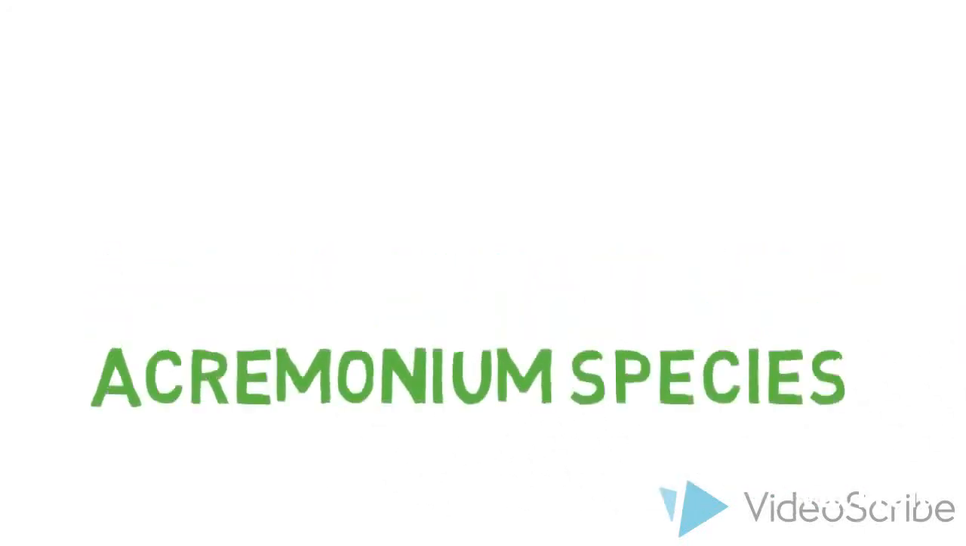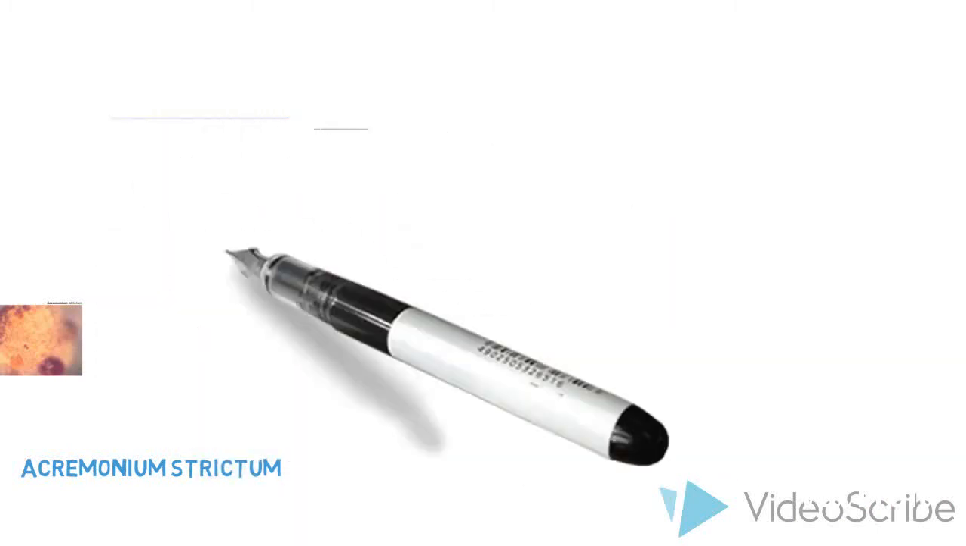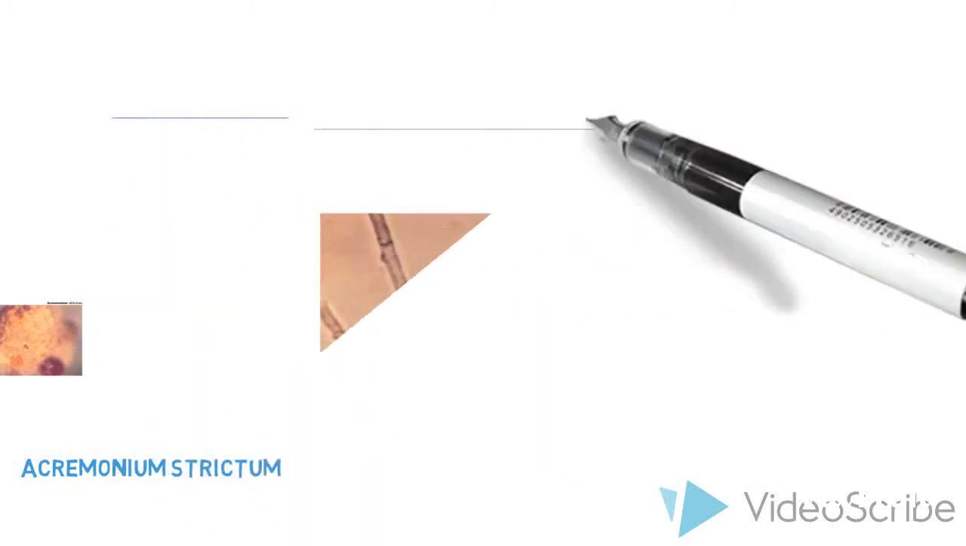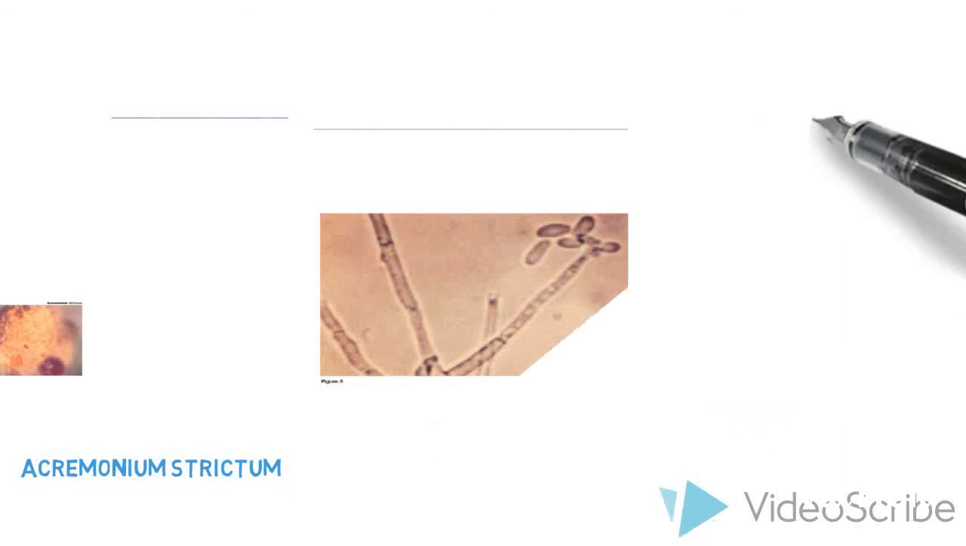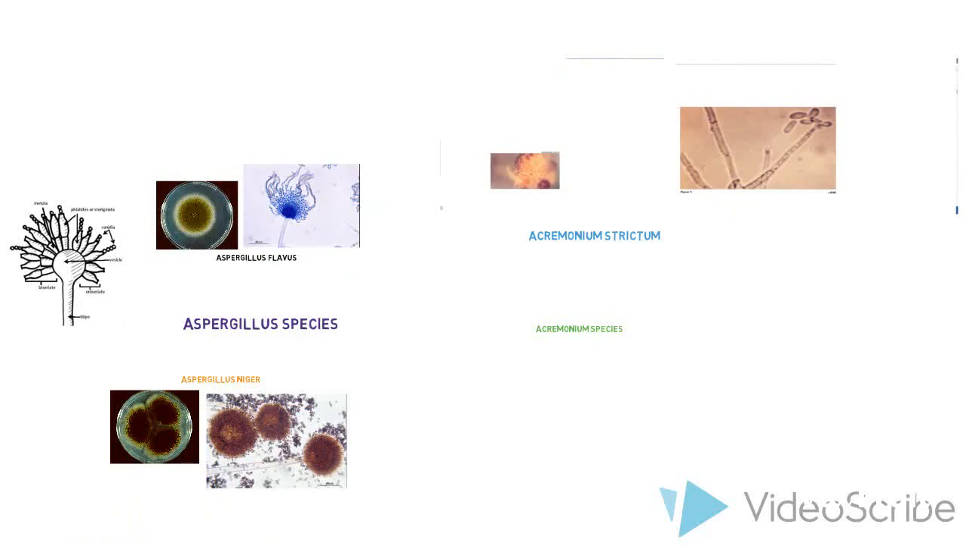Acremonium species. Acremonium strictum. The colony is compact, slow-growing, white to pale, and becomes slate gray or black with age. Conidia spores arising directly and singly at right angles from the vegetative hyphae are hyaline, short, tapered towards the tip, and measure 30 to 60 micrometers in length and 1.5